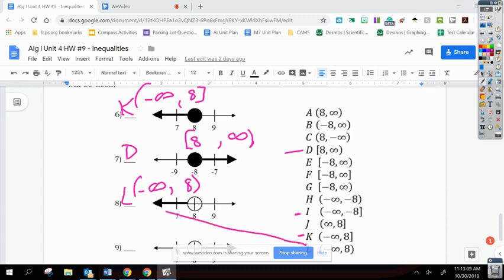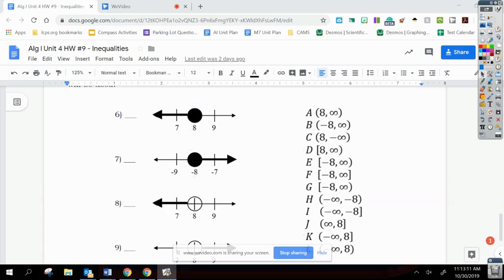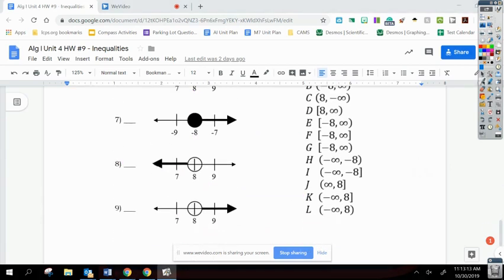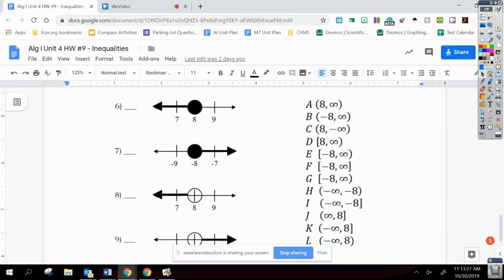And then question number 9, I have to scroll up a little bit. 8 on that side, we never reached it. Infinity on that side, you'll never reach that. 8 and then infinity. I think if I remember correctly, that was choice A. Yes, that was choice